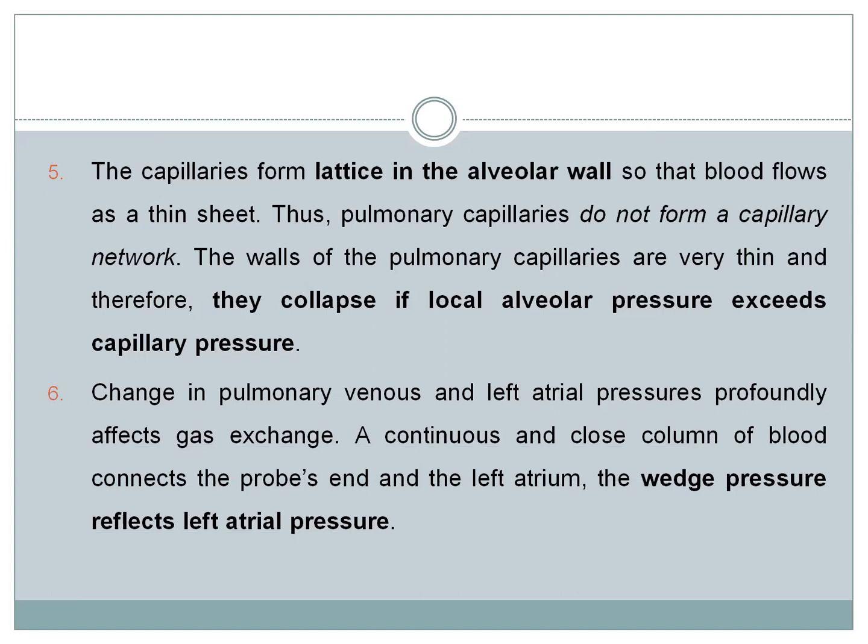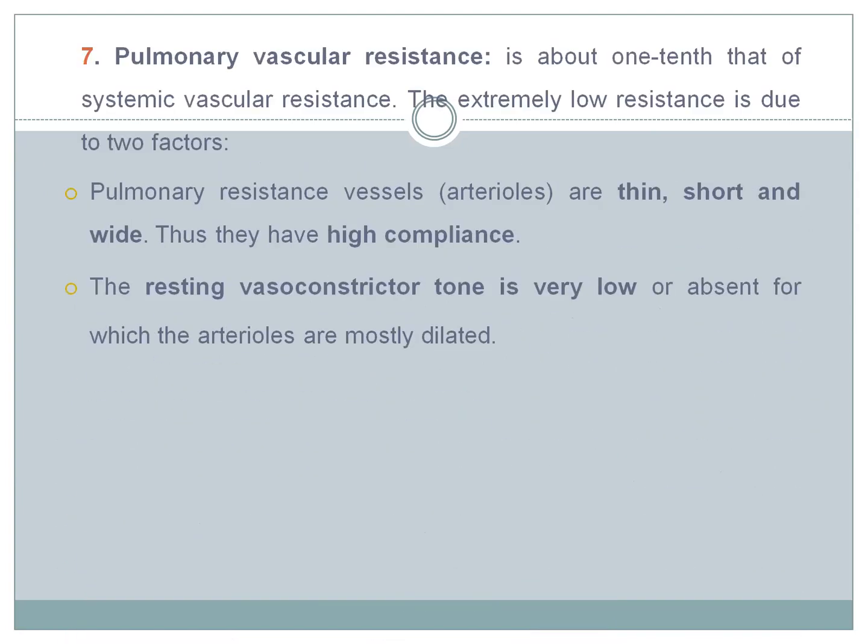And if you want to measure the left atrial pressure, you can see the reflection of wedge pressure, and that will give the reflection of left atrial pressure. The seventh important point regarding the peculiar features is that this vascular resistance is about 1/10 that of systemic vascular resistance. So it is extremely low resistance, and it is due to thin, short, and wide arterioles,